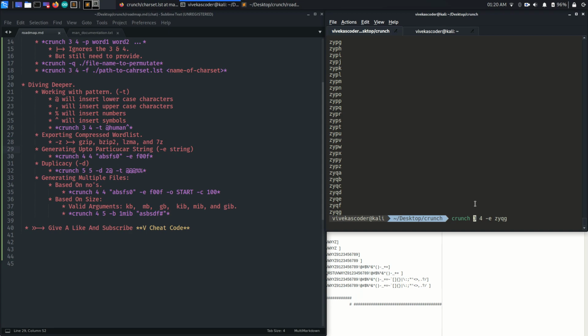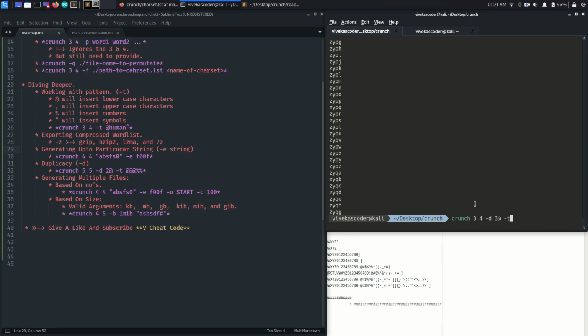So let's say we want to generate a word list with minimum 3 characters and maximum 4 characters. Then with the help of -d you need to provide, let's say, 3@. That actually means that the word list should contain only 3 lowercase symbols, right?